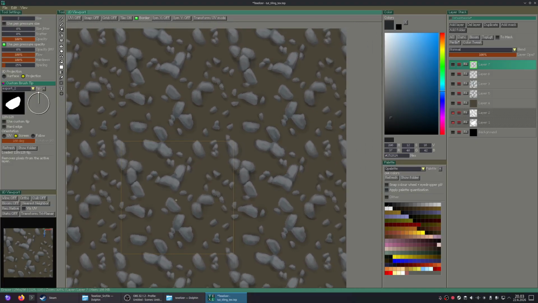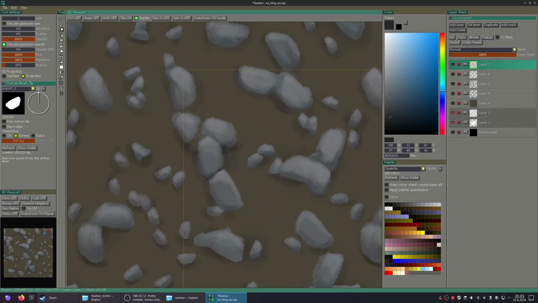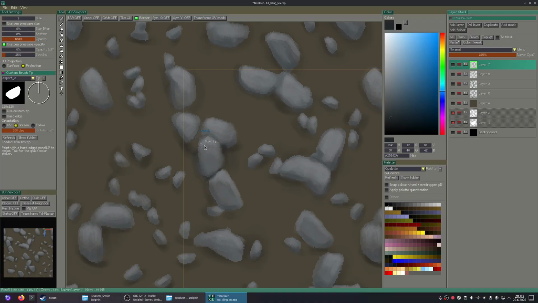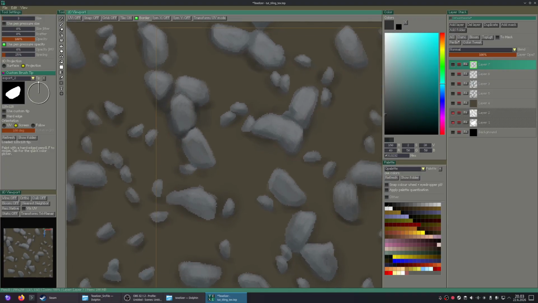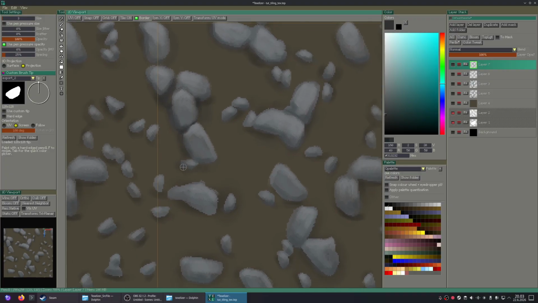Alright. Switch back to pencil. Switch back to dark. And yeah, just start sculpting these rocks with more shading.